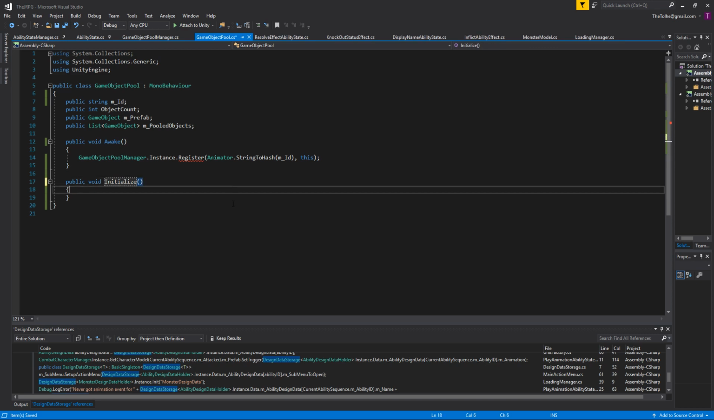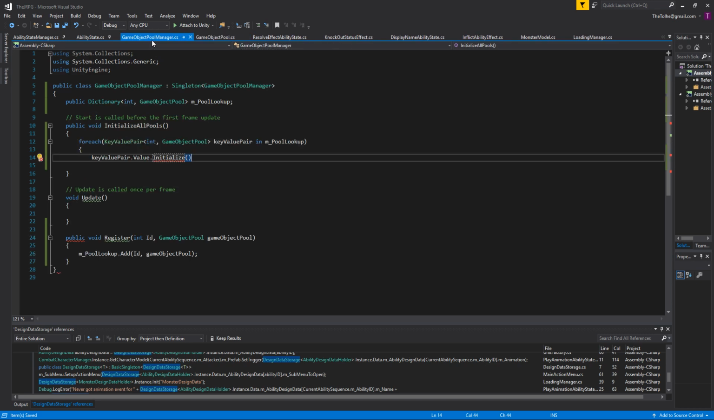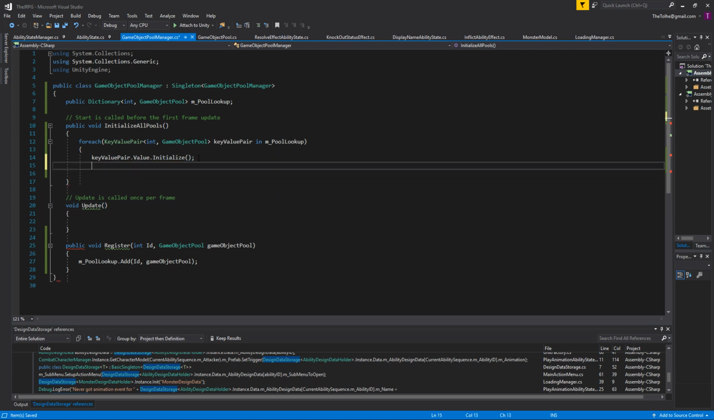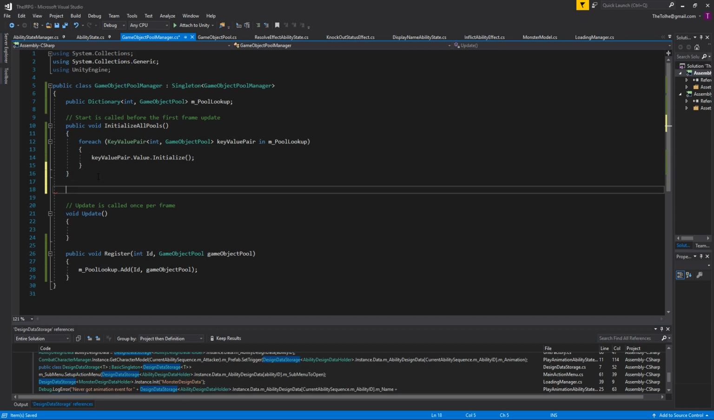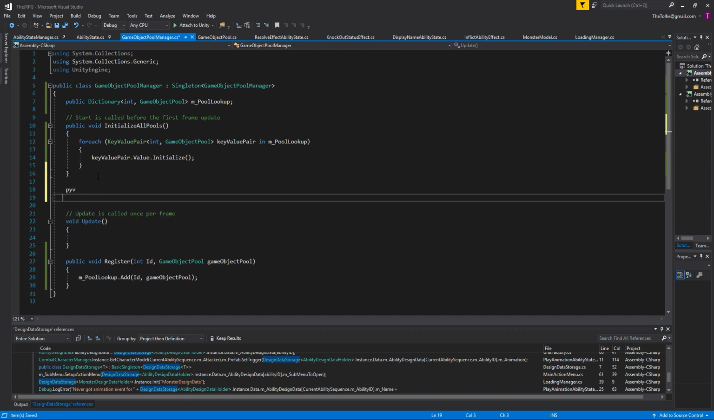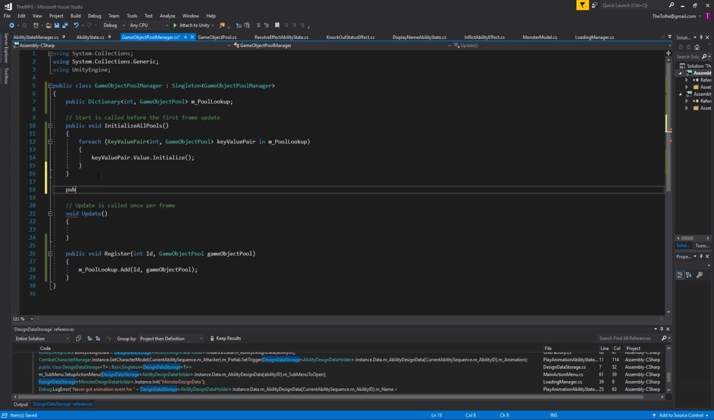Rename a couple variables. Okay, okay. All right. So we're going to initialize all of our pools. And then we're going to need another function, which is basically going to ask whether or not all of our pools are done initializing. So public